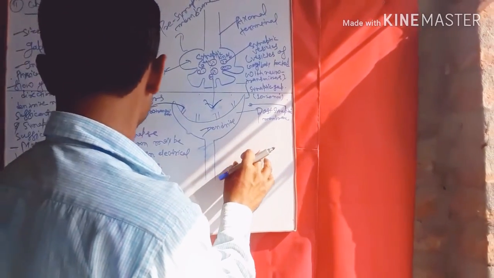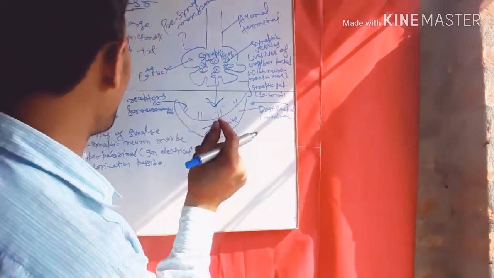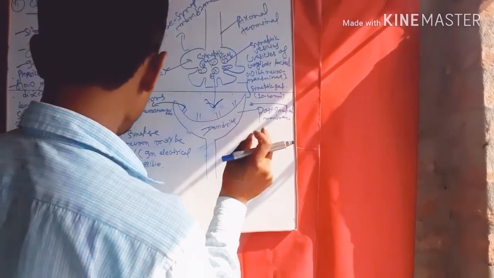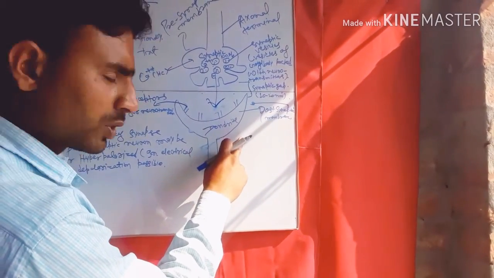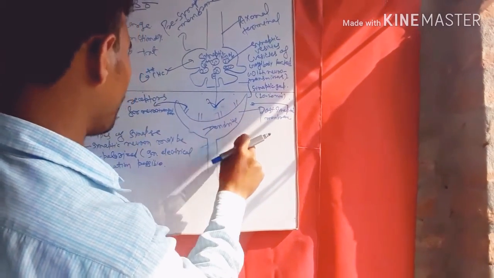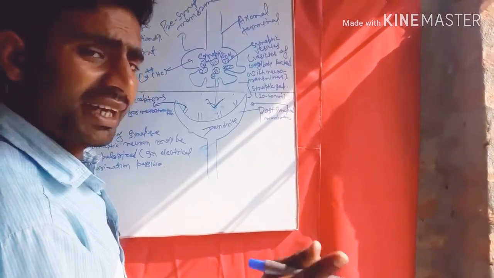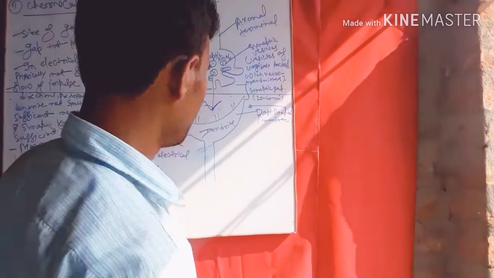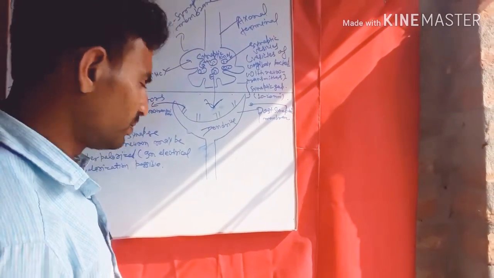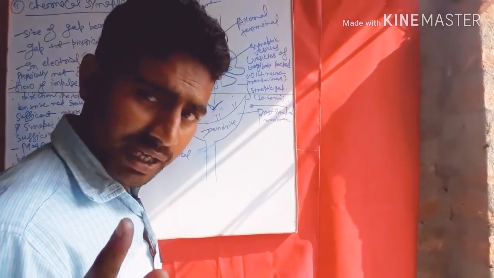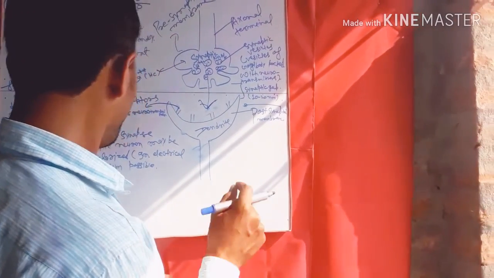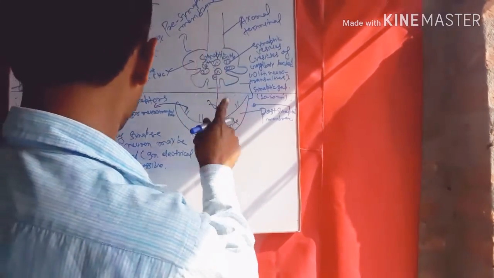Okay, and then that is the most accurate type of synapse, because a postsynaptic neuron may be depolarized or hyperpolarized. But in electrical synapse, only depolarization is possible. In electrical synapse, only depolarization possible. But in chemical synapse,